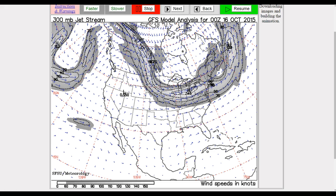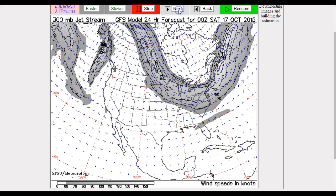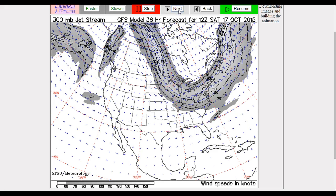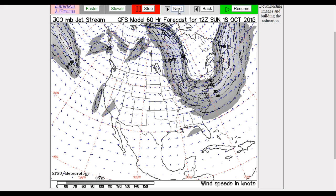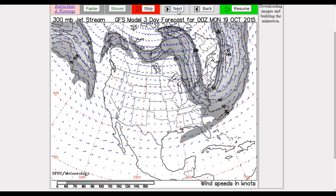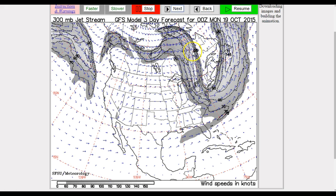Okay, so let's take a look at the run for the week. My apologies, I was getting ready to go to the next map. I want to take this to the next. So as we get into today, we start to see that dip sharpen. And as we get into Saturday, and here goes Sunday morning, and then into the afternoon. Here's Monday. You can see that dip really sharpen,